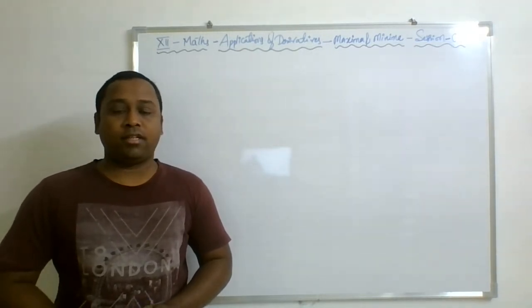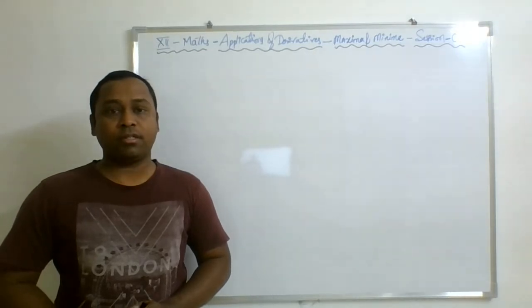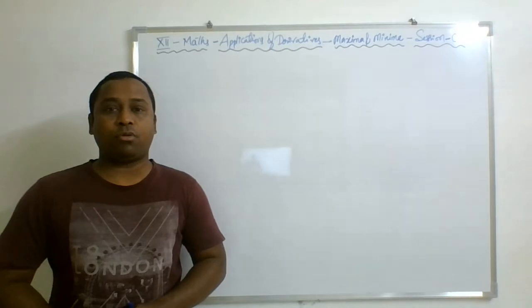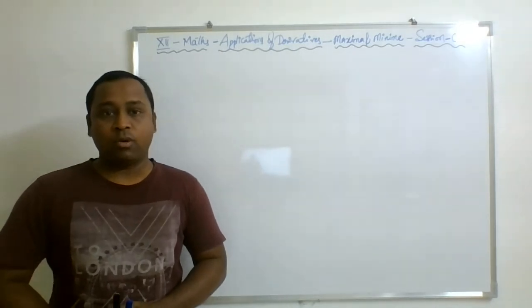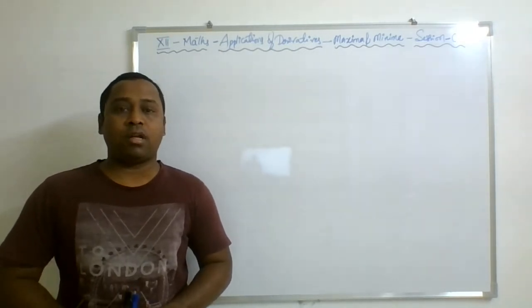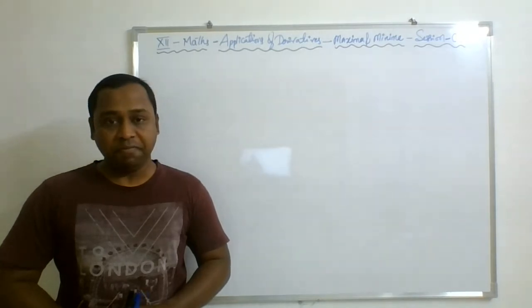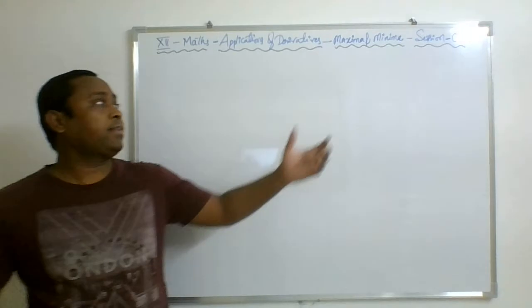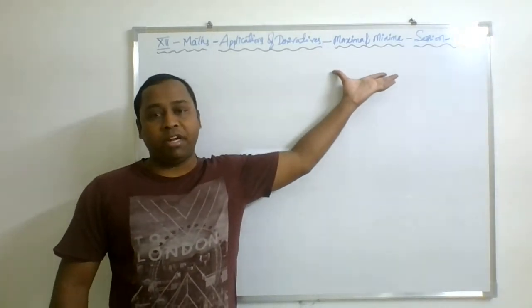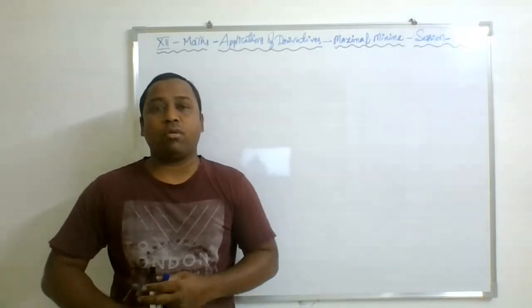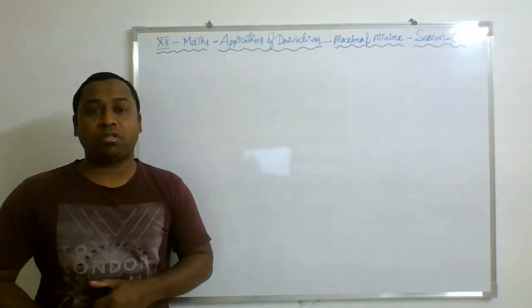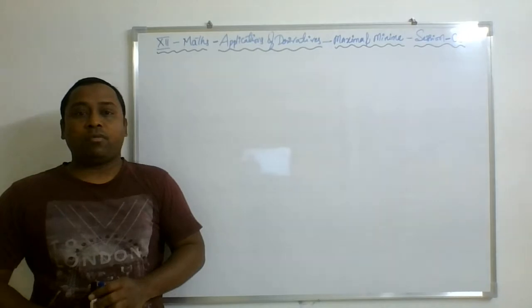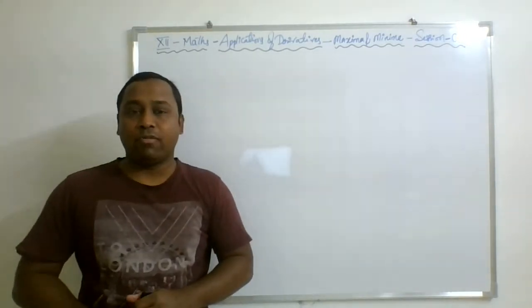Now, today in this session, we are going to discuss the most important concept of the board syllabus, where six-mark or four-mark questions are definitely asked. That is what we call maxima and minima, and this is one of the important applications of the derivative topic. So basically, what is the need of this topic?